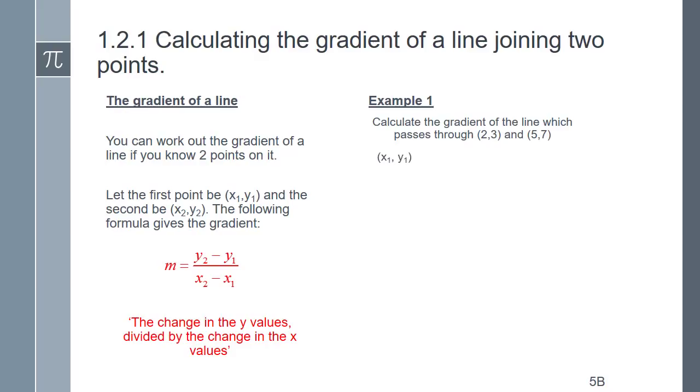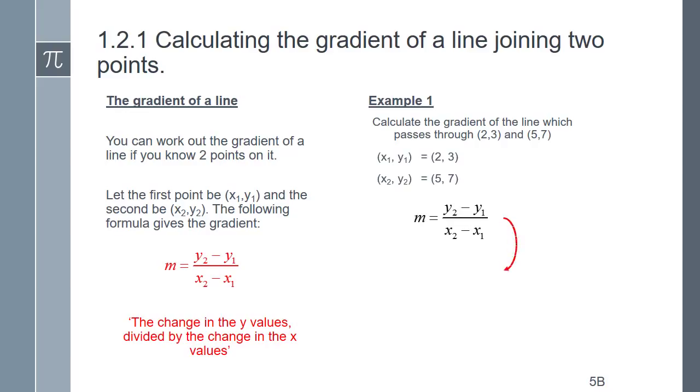If I was answering this, I'd make sure I'd write down the facts first. So x1, y1 is 2, 3. And the second point, x2, y2, is 5, 7. It's a good idea to change the question from a sentencey question to just the sheer mathematical facts in it. Once we know what the 2 points are, then we can use the formula y2 minus y1